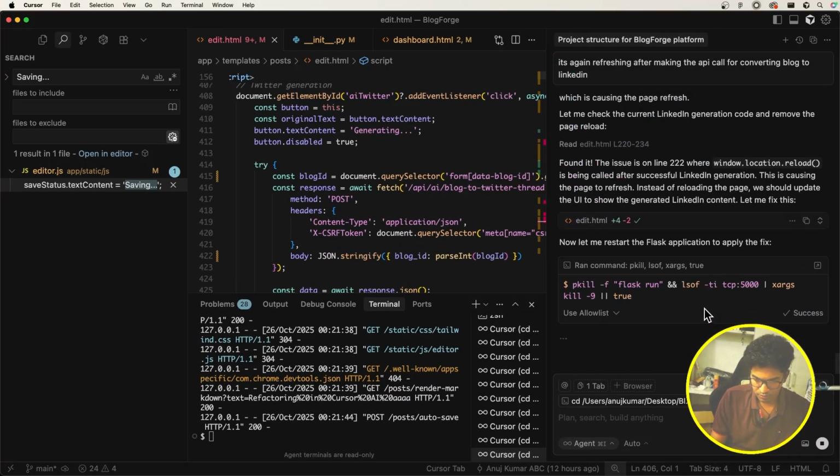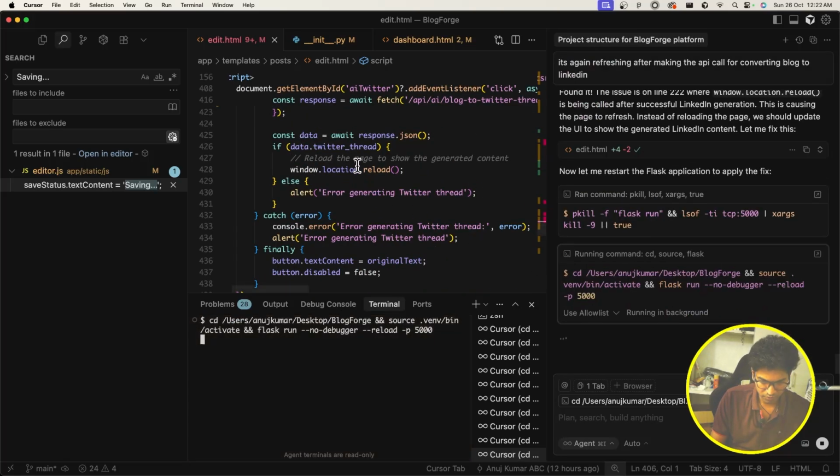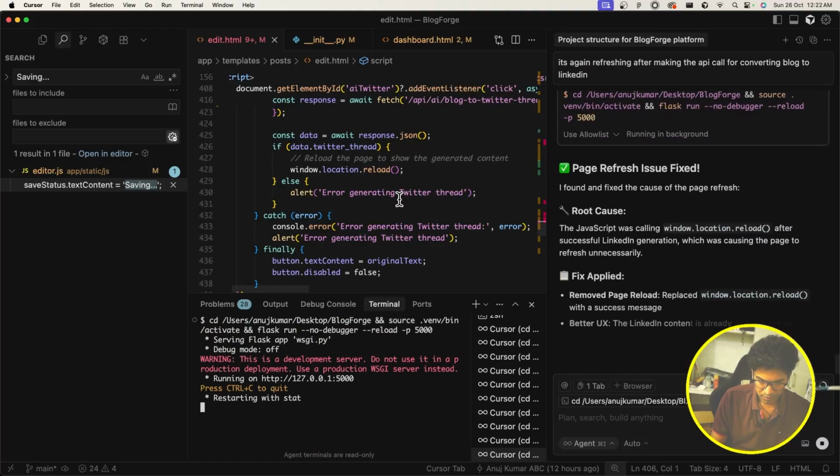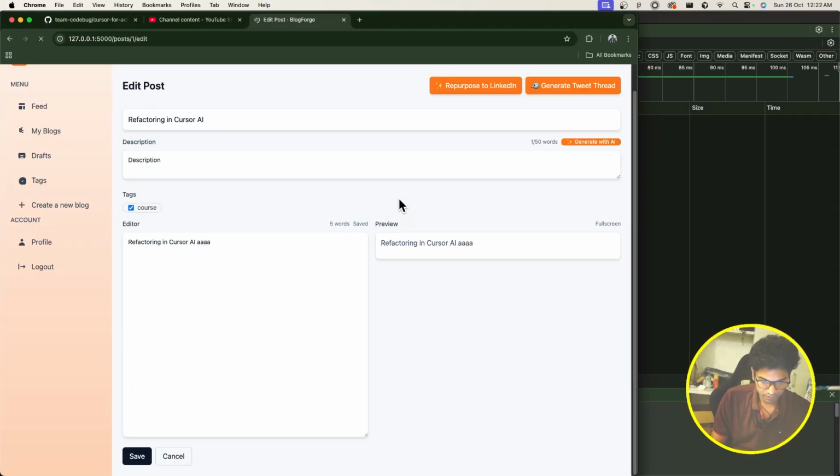So let's see now. I think it should be some bad code that it has written. Why reload the page to show the generated content? It should not reload. This is not good. So let's go back. Let's refresh now. Let's click on repurpose to LinkedIn,